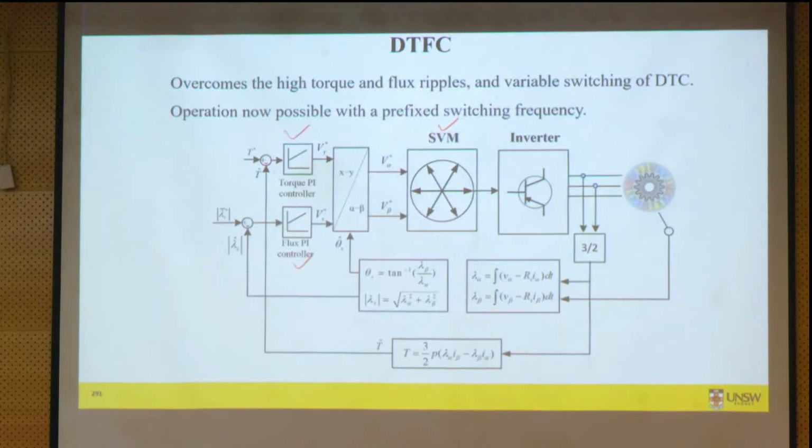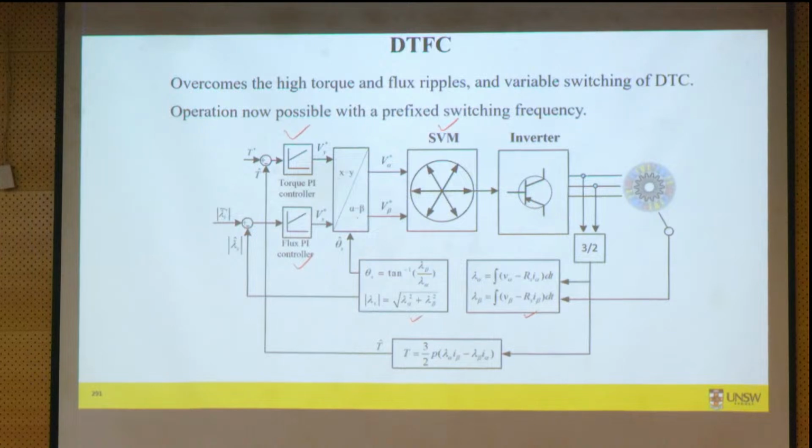Okay, so instead of using hysteresis relay, nowadays they use PI controllers, and that's why they don't call it DTC anymore. Instead they call it DTFC, direct torque and flux control, but through the PI controllers. So you eliminate switching, although we are still estimating the flux the same way as before. Everything, the theory is still the DTC theory, but we are